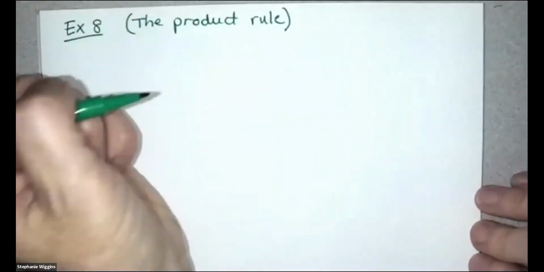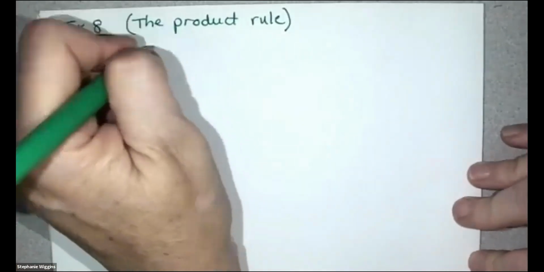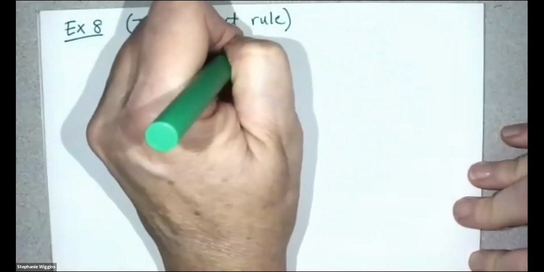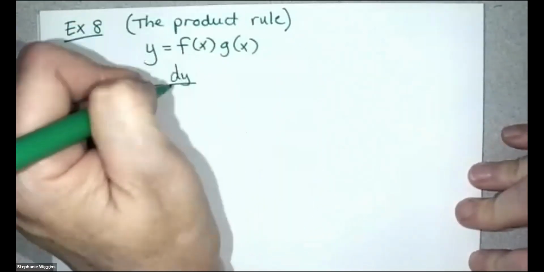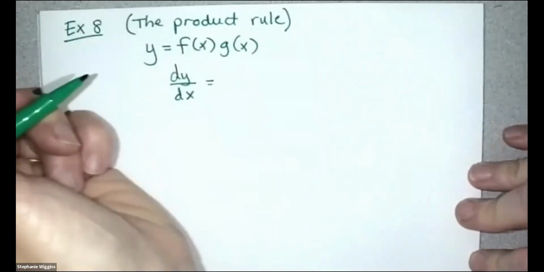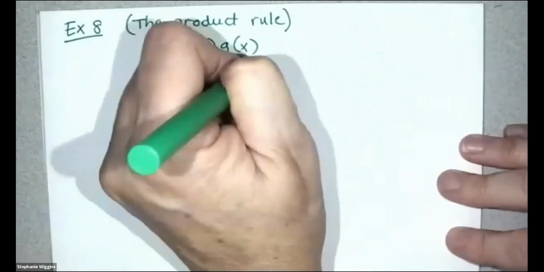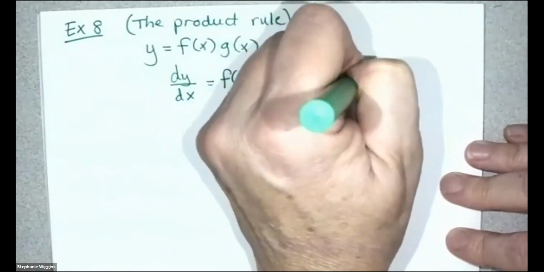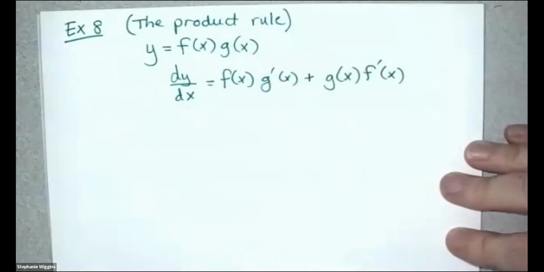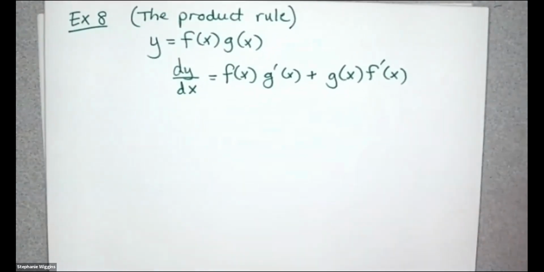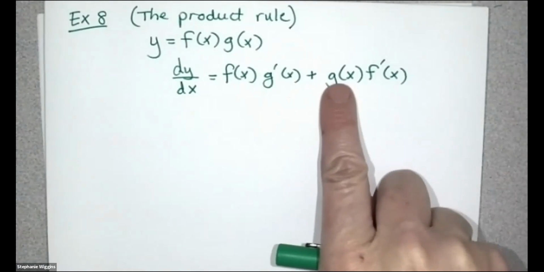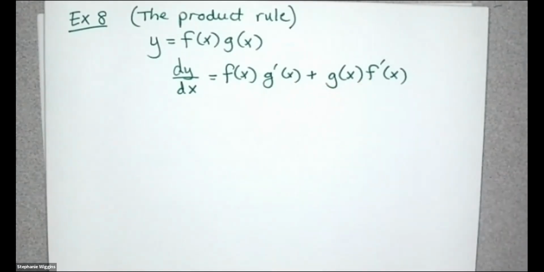Let me just remind you what the product rule is. If we have a product of 2 functions, f of x and g of x, then the derivative of that product is going to be the first times the derivative of the second plus the second times the derivative of the first. Okay. First function times the derivative of the second plus the second function times the derivative of the first. So for our particular example,